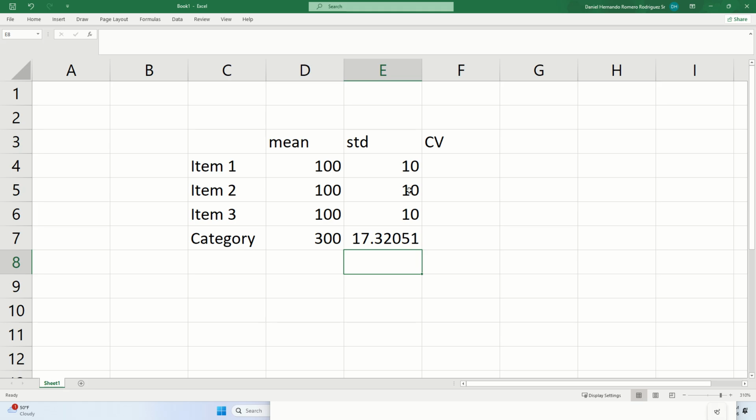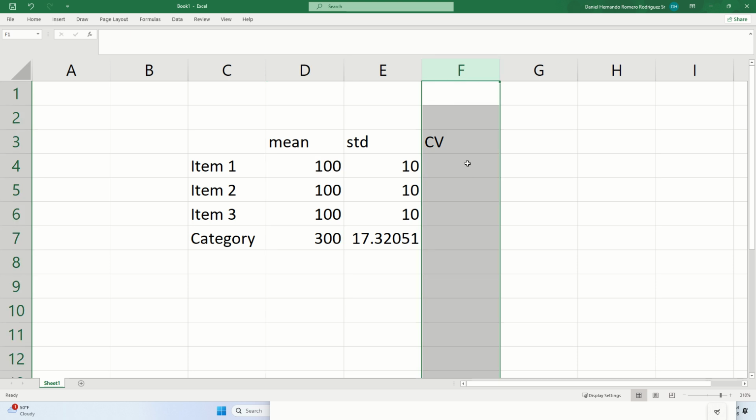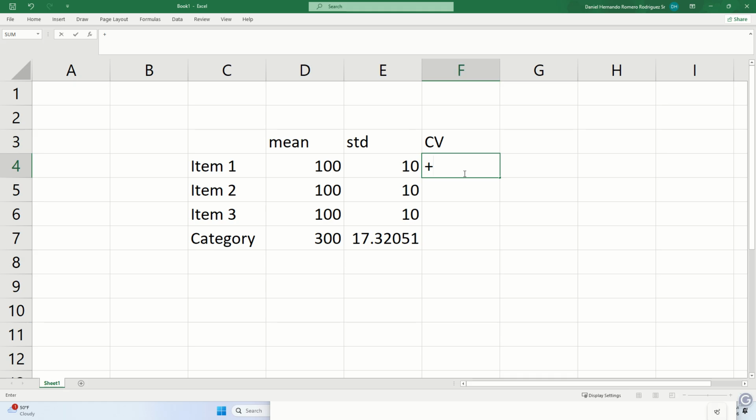So where do you have more uncertainty? When you look at the item level or at the category level? If you look at the item level, you see a standard deviation of 10. When you look at the category level, you see a standard deviation of 17.32. But this is not a fair comparison because the mean values are not the same, right? It's 100, it's 300. So that's why we're going to compute the coefficient of variation, because this is